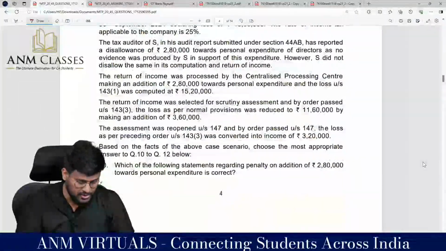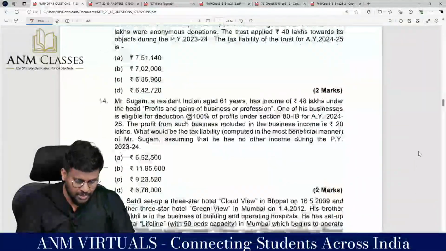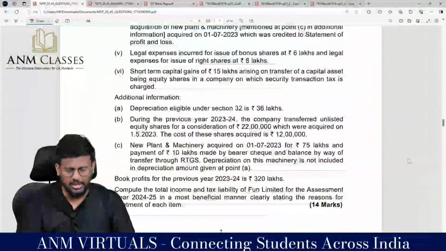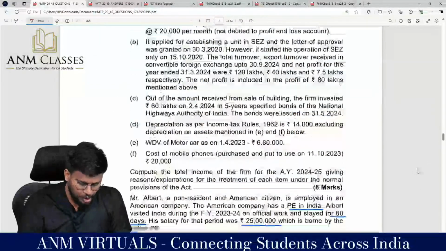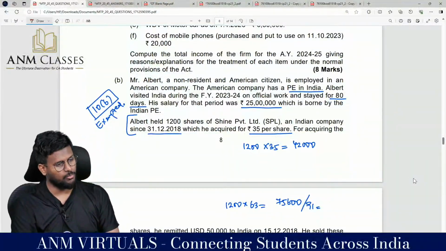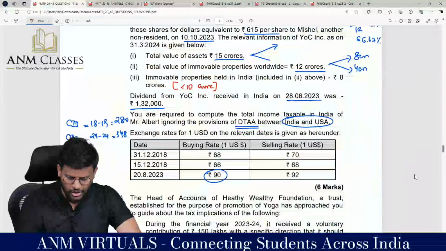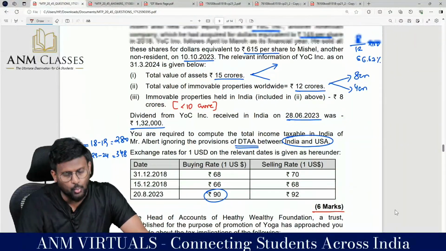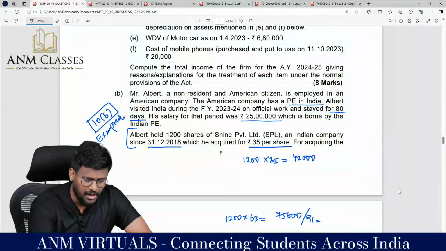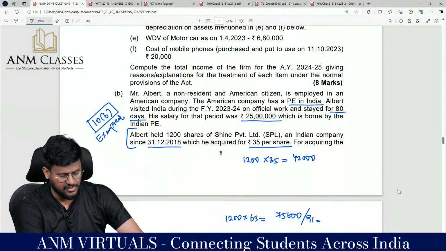my dear lovable students. Just enjoy the non-resident capital gain. 2B is what the discussion is all about. This is a 6 mark question in mock number 2. Why should we miss the 6 marks if we can solve it within 5 to 10 minutes?